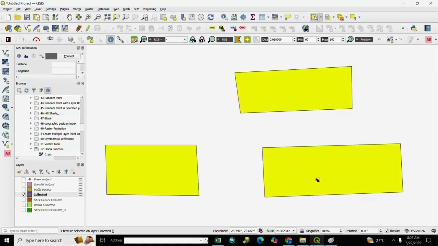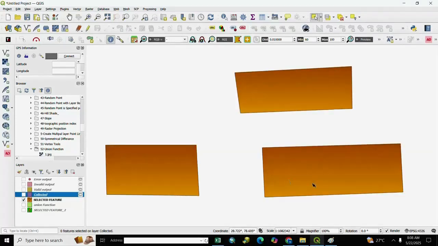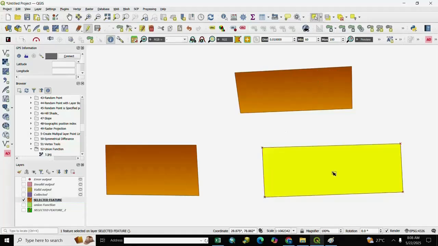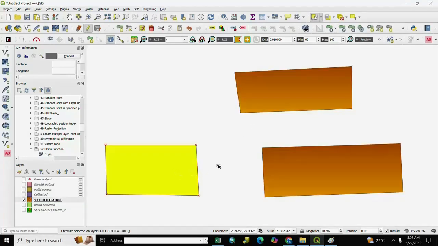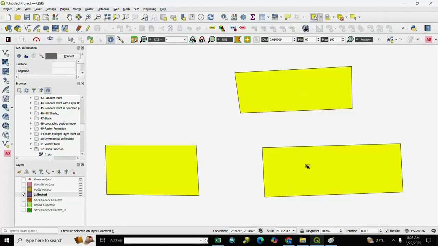All features are merged into one layer, and you see here the input, you select one by one, and see the output, you select any one, all features are selected. So the collecting geometry process is completed successfully.